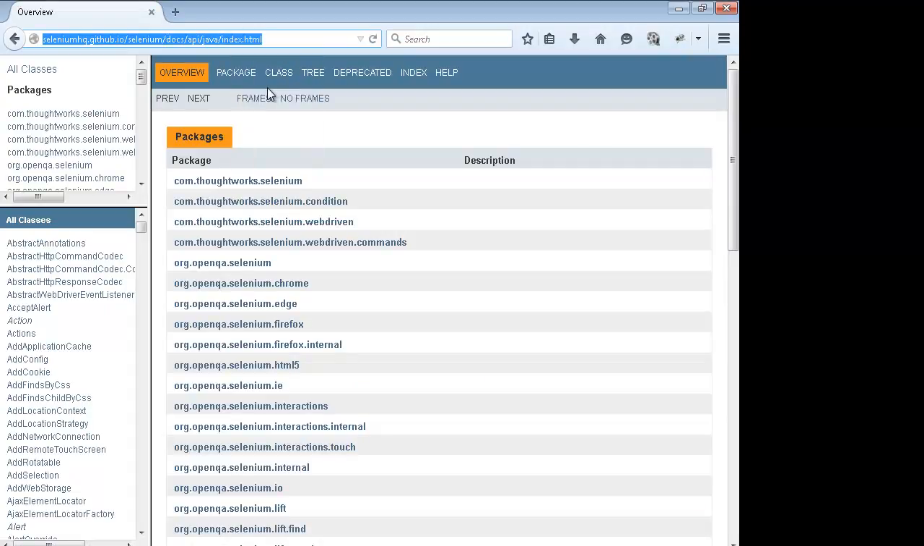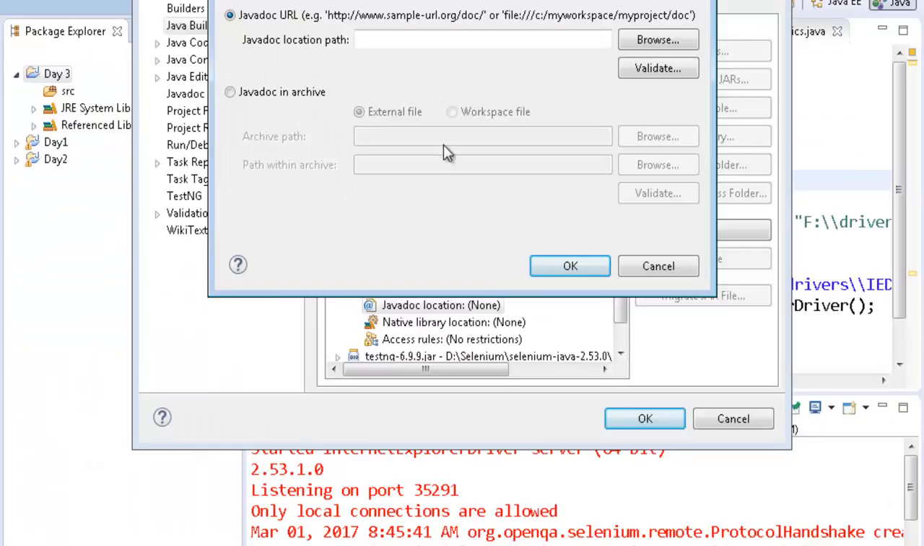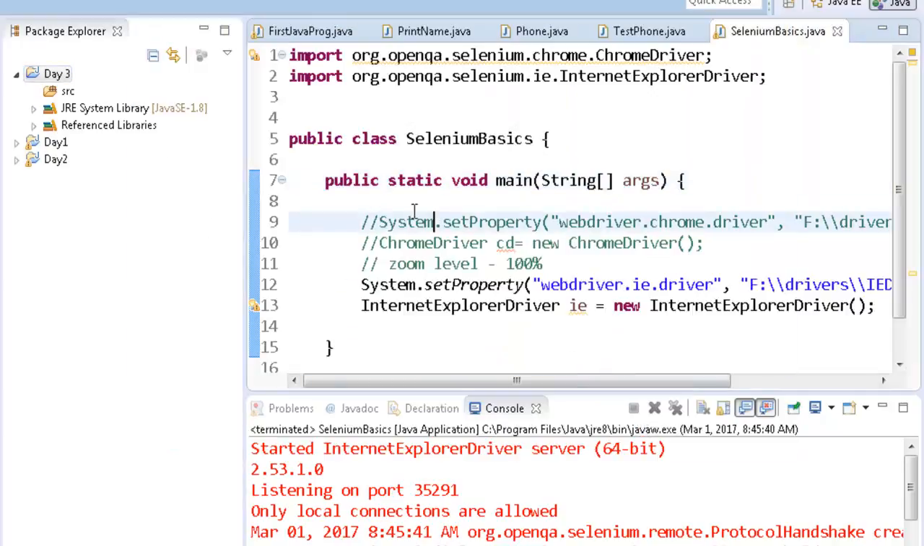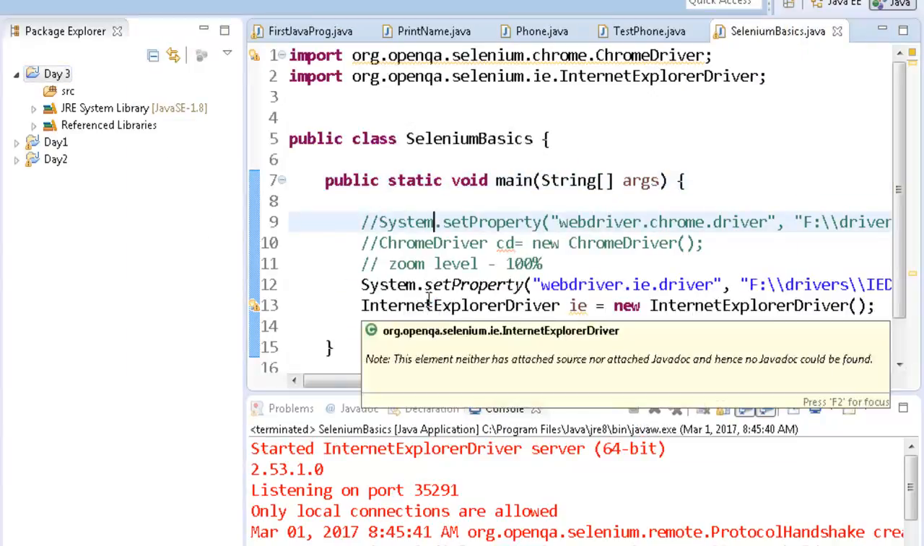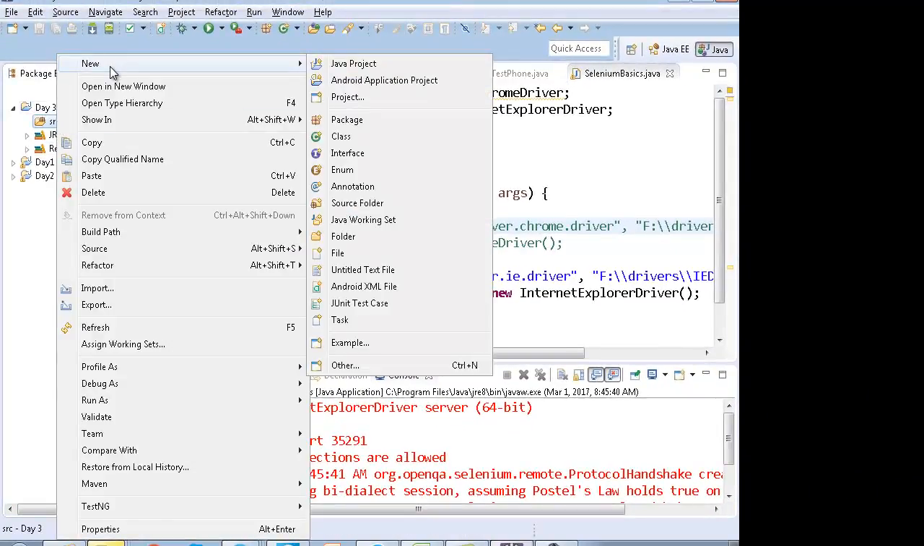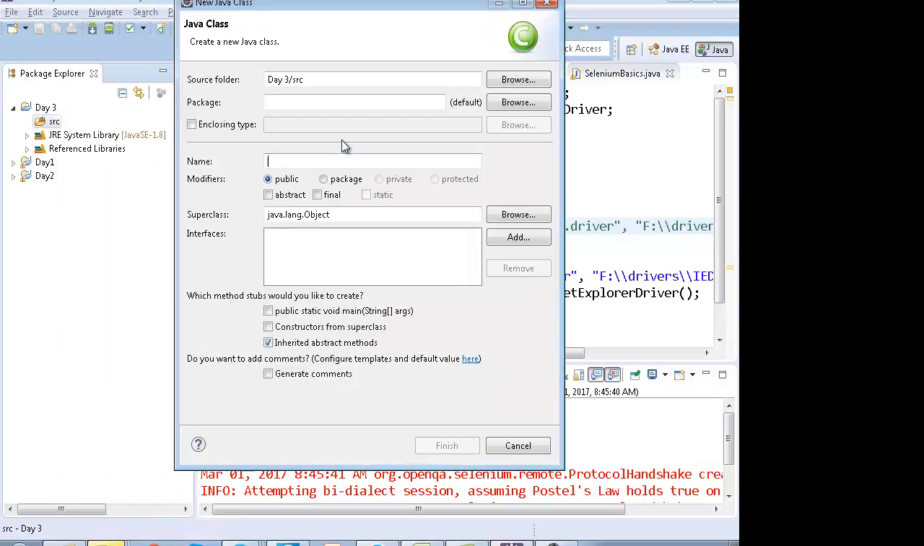Okay, copy the link and paste it over here and remove index.html from the end. So when you remove index.html, this documentation will be imported into Eclipse. Okay, click on OK and click on OK, and now when you create a new class in day 3, I'm creating a new class known as